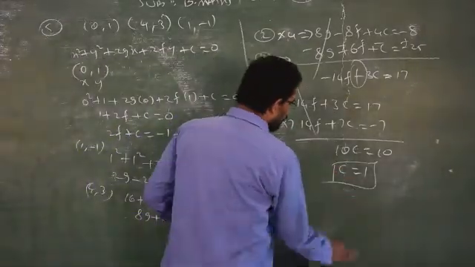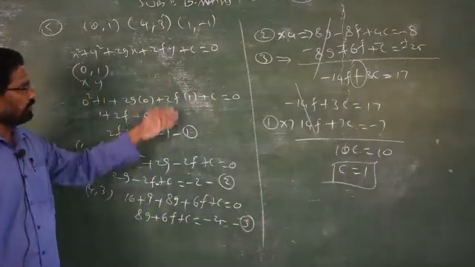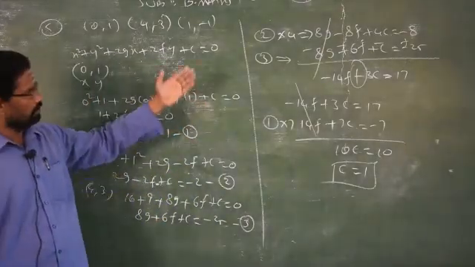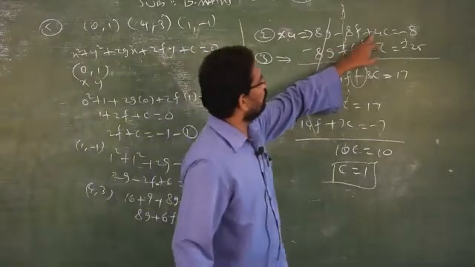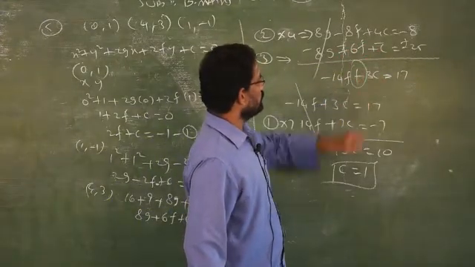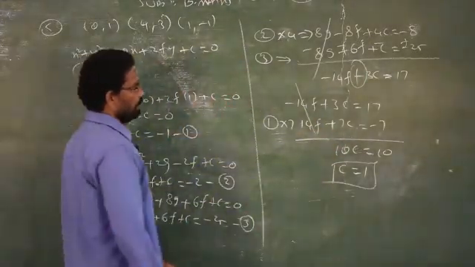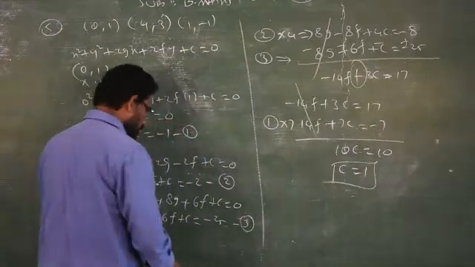Clear? So once you get C in the fractional format, you have to check one more time, like what I did now. Clear? So you will get the correct answer. Be careful. 4 minus C, it will give you plus 3. There I wrote minus C, so I got the wrong answer. Now I will get the correct answer by replacing the sign, that is minus into plus.